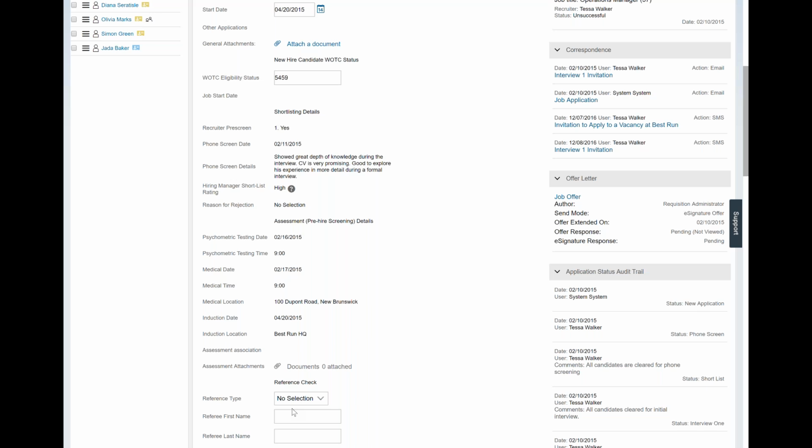And then, of course, getting down to the bottom, all of the information that was submitted on the employee's application is stored here and accessible as well. So things like previous employment history, educational background, language skills, that type of thing. So a very nice complete record available on the candidate and the activity that they've had with your system.